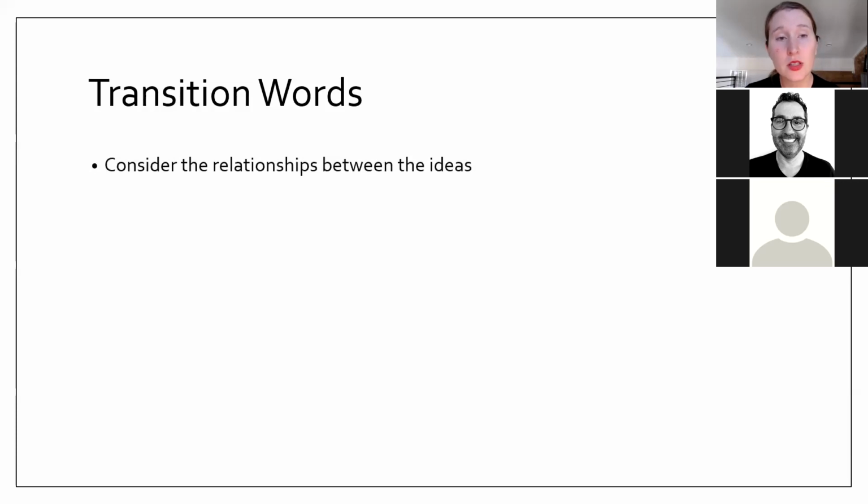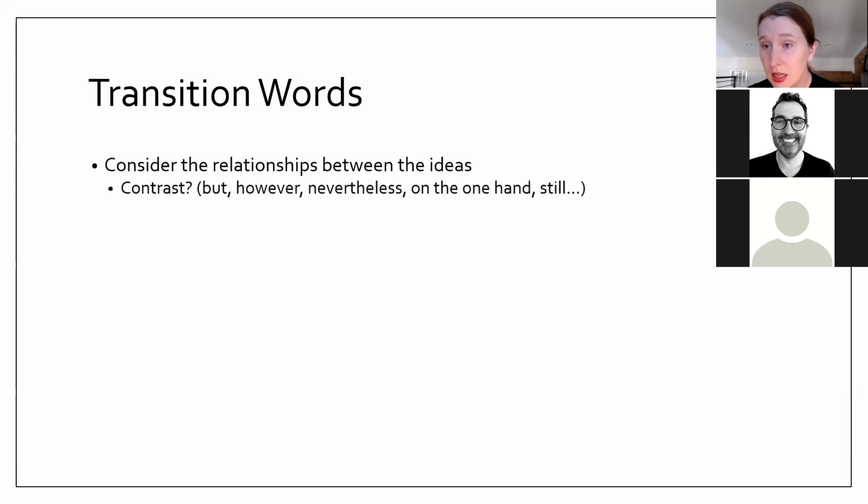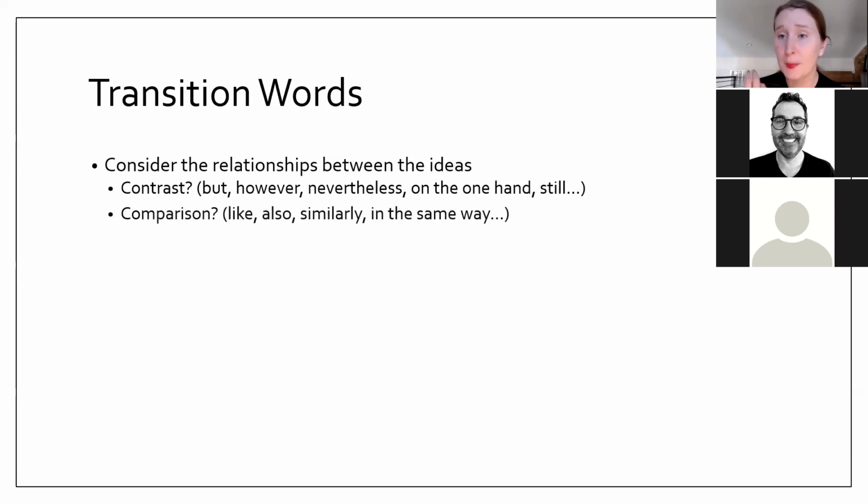So with transition words, the type of transition word that you're going to choose, you should consider the relationships between the ideas first. So are we talking about contrast? If you're contrasting ideas, 2 things that are different, then you can use words like but, however, nevertheless, on the one hand, on the other hand, still. If you're comparing 2 things, if they are alike, then you can use these words or similar. This is not an exhaustive list. If you're giving an example,